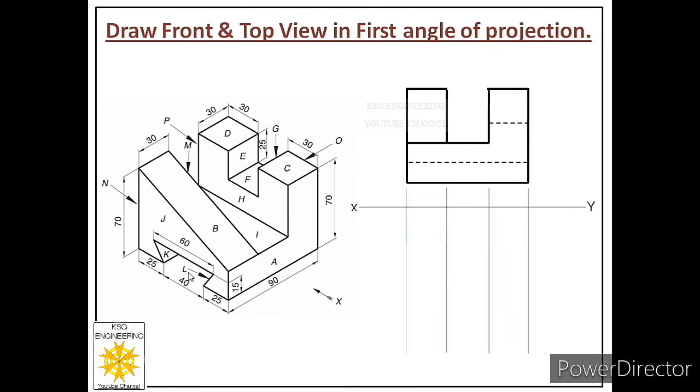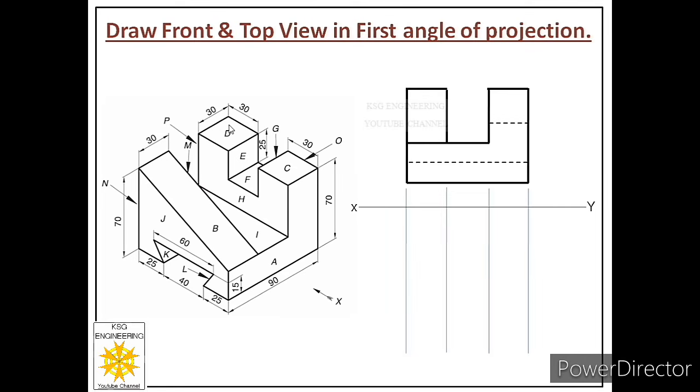And we have to start with visible faces first. From visible faces, we have to start with parallel faces first. So you can see how many are visible. D, F, C, I, B means 5 faces are visible. Out of these, 4 are parallel: D, F, C, I. So I have to start with these parallel faces first. Out of these 4 parallel faces, we will pick that face first which is close to VP, because we are drawing below the reference line, meaning close to the reference line. So let us pick face D.